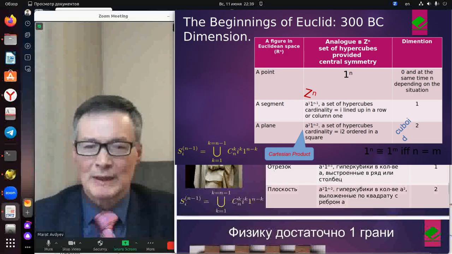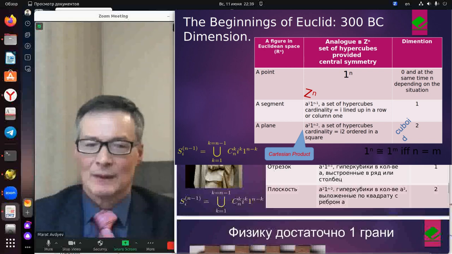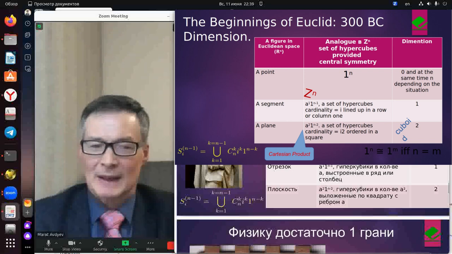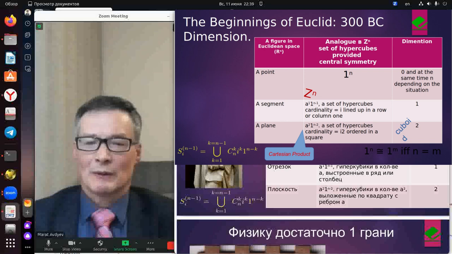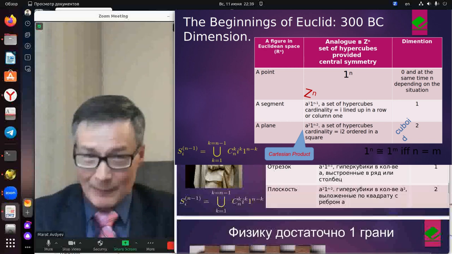In the digital age, we can supplement Euclid's postulates with the following elements derived from elementary unit cubes lined up in a row: a rectangle, a three-dimensional cube, and so on. Don't forget that we are working in n-dimensional space. The dimensions will be as if we were dealing with points. This is a clear demonstration of the correspondence principle in science.